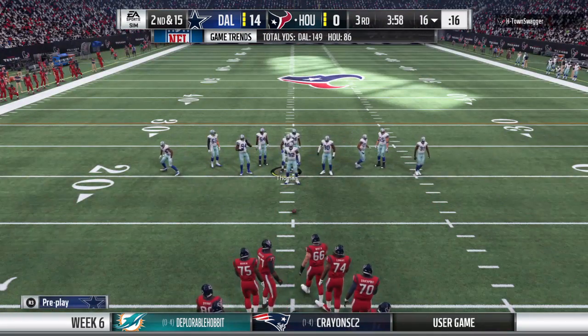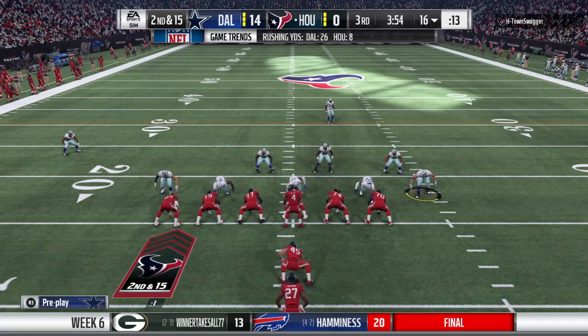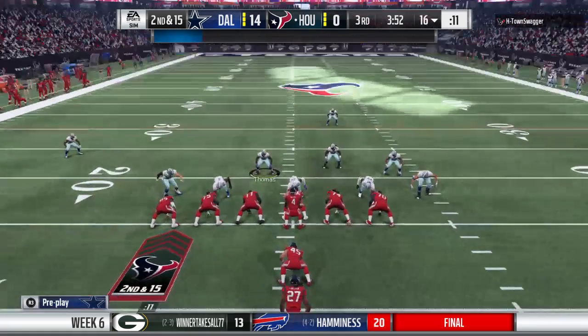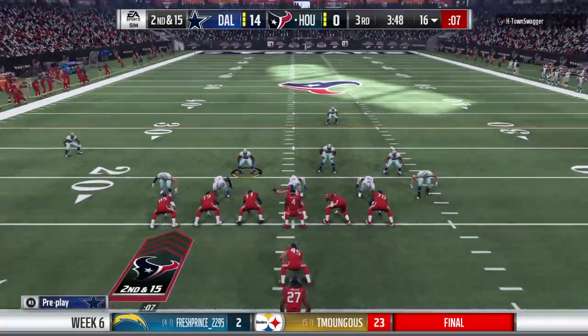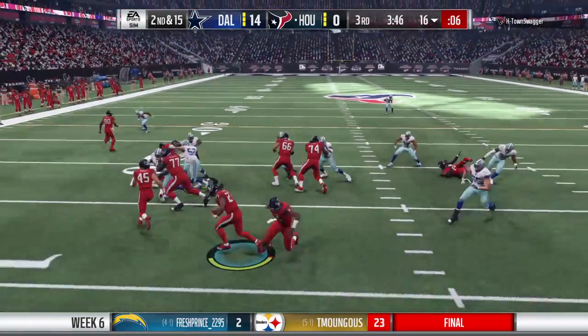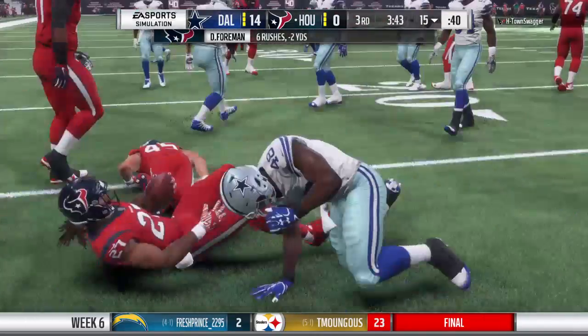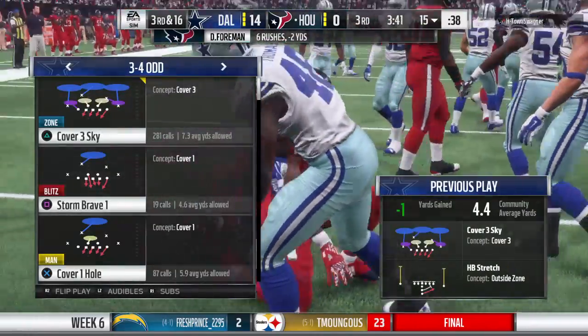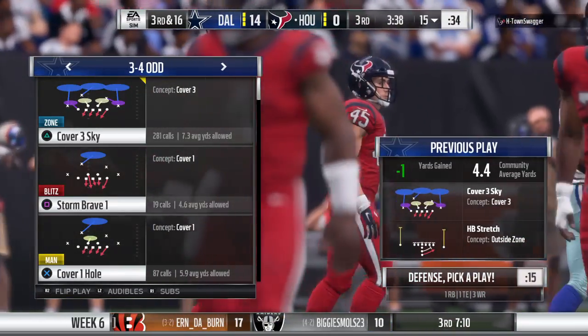So the defense has put them in a tough spot. It's 2nd and long. Come on, let's go! Ohio! Flex round! Here's Foreman. And he'll lose yardage here, back to the 15. He'll wind up losing a yard on the play, and they're going to be staring at a 3rd and long